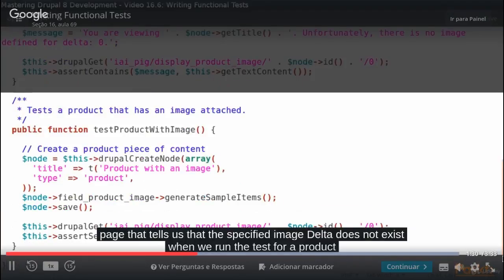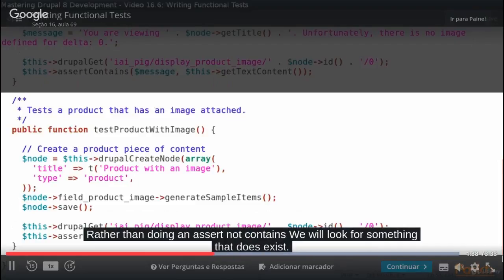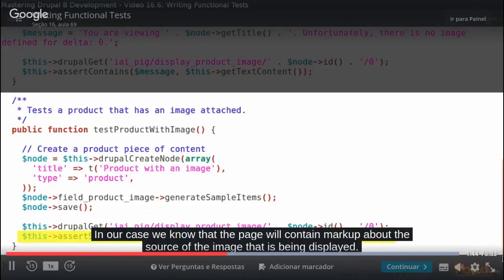When we run a test for a product that does contain an image, we won't find a text message on the page. Rather than doing an assert not contains, we will look for something that does exist. In our case, we know that the page will contain markup about the source of the image that is being